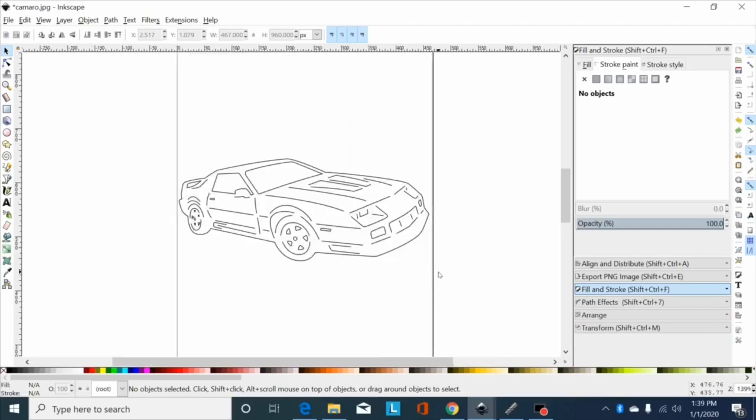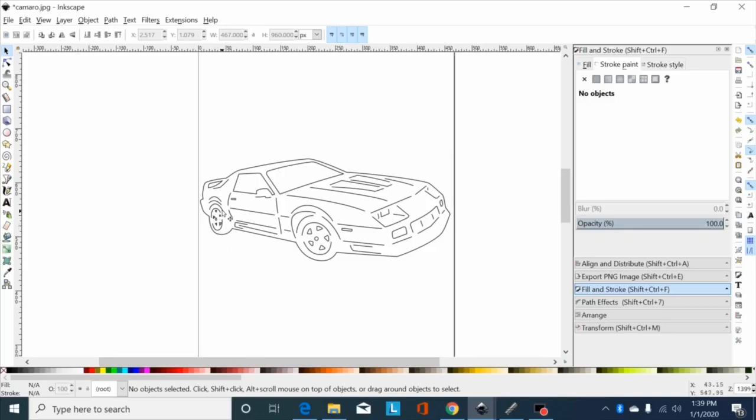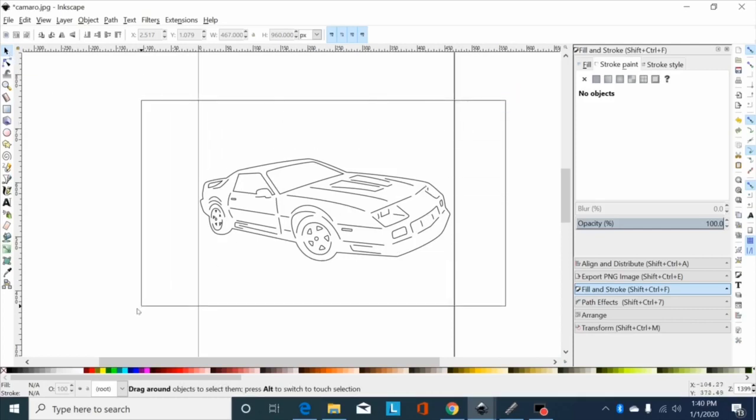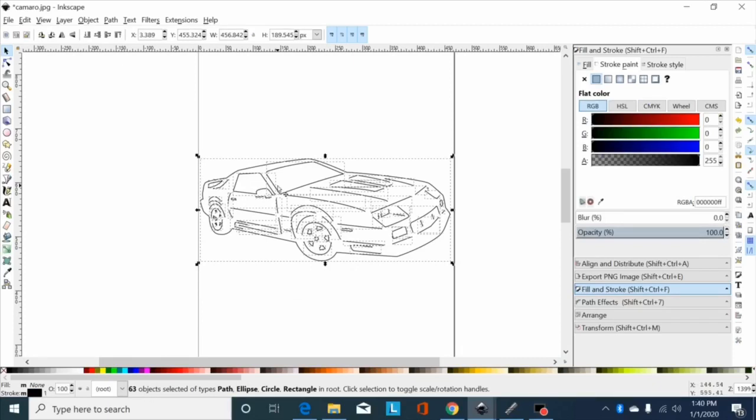Okay, the last step you're going to want to do here. Now, I've got this traced out. I can send this to the cutter. It needs a little adjustment. Like I say, I kind of zoomed through the rim back there just to make it look decent. But the last step you're going to want to do, as you can see, if I drag a box around here, I've got 63 different objects. Well, I don't want to send that like that to the cutter. So I just hit Control K, and now that is one path, 247 nodes, ready to go. You do your final little edits, save it, send it to SheetCam or whatever post-processor you're using,